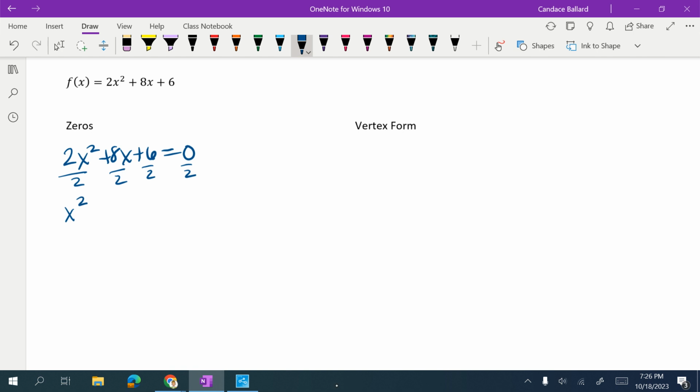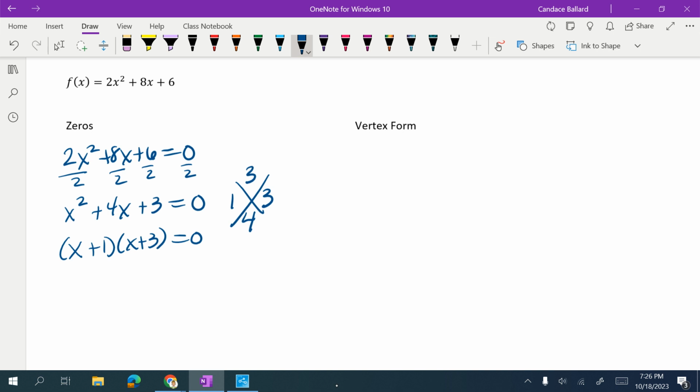So that gives me x squared plus 4x plus 3 equals 0. Then I'm going to try a magic x to see if it works. So I need two numbers that multiply to 3 and add to 4. So that would be 1 and 3. So I'm going to put it as x plus 1 times x plus 3 equals 0. Use my zero product property to split it up. And then subtract the 1, so I get negative 1. And subtract the 3, so I get negative 3. Remember, we're not allowed to leave zeros like that, so we're going to write it as negative 1, 0 and